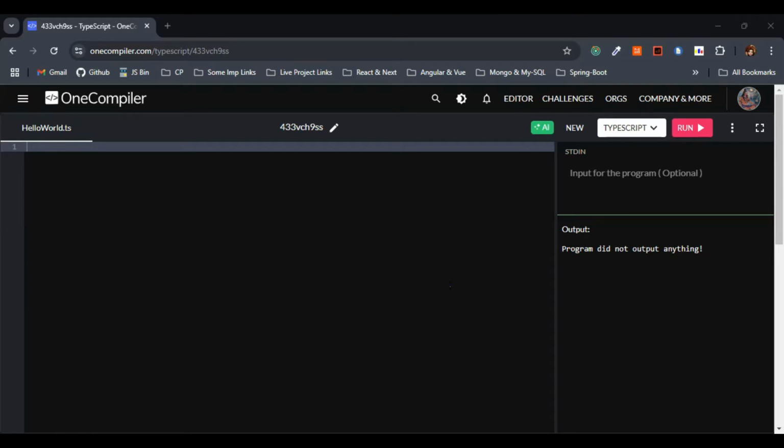So basically we know that symbol is a unique, immutable, primitive data type often used as keys for object properties. We have already discussed symbols while we were discussing JavaScript concepts as well. So what is a symbol basically? Again, a symbol is a unique, immutable, primitive data type often used as keys for object properties, right? So let's go with the initial example,